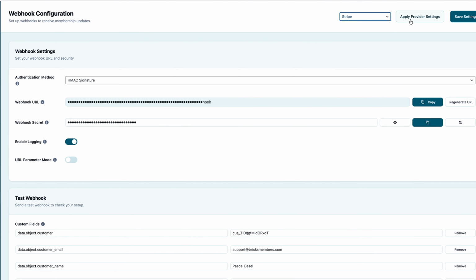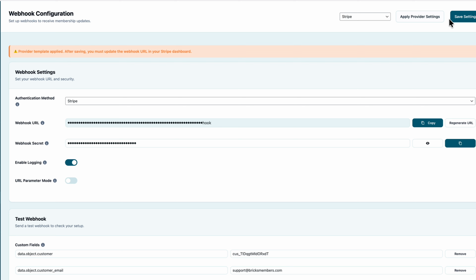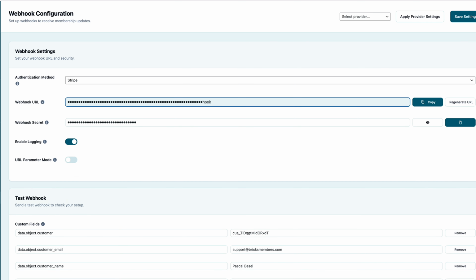And then when the webhook comes in that contains both the customer email and the customer ID, it afterwards uses this webhook to generate the user and set up the user level directly. That's why Stripe is a lot more complicated, but practically in BricksMembers it's not, because the moment you go to the webhook configuration page here and you select Stripe under webhook configuration, it switches into a kind of easy mode that saves you all the hassle with all those fields,